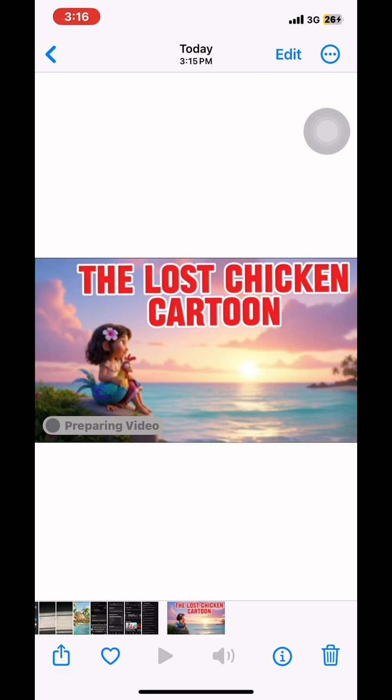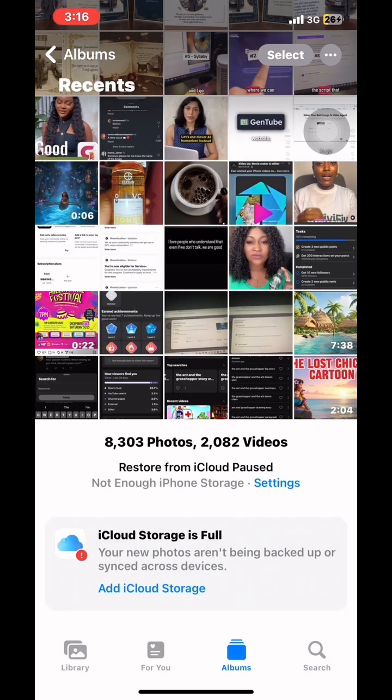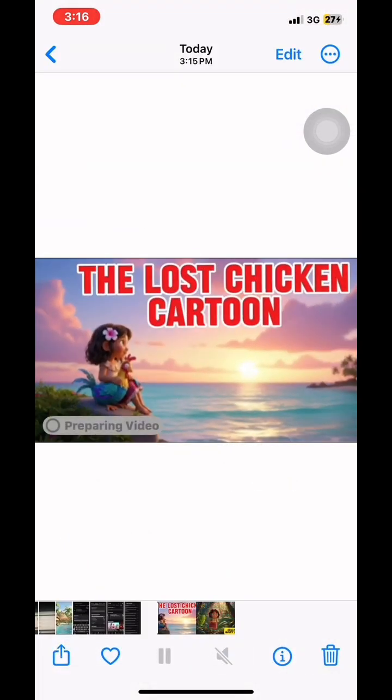Then it's loading. So we allow it to load. It's loading, guys. I'm holding on so you can see the results after the edit. So it's loading. That's